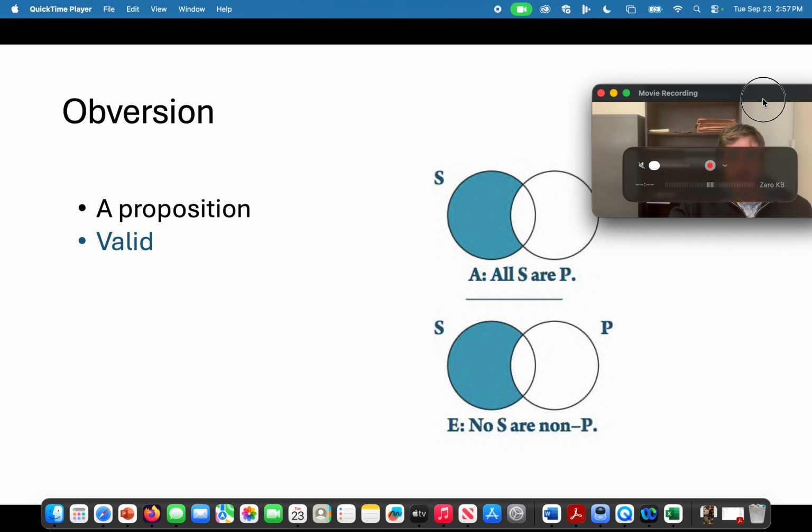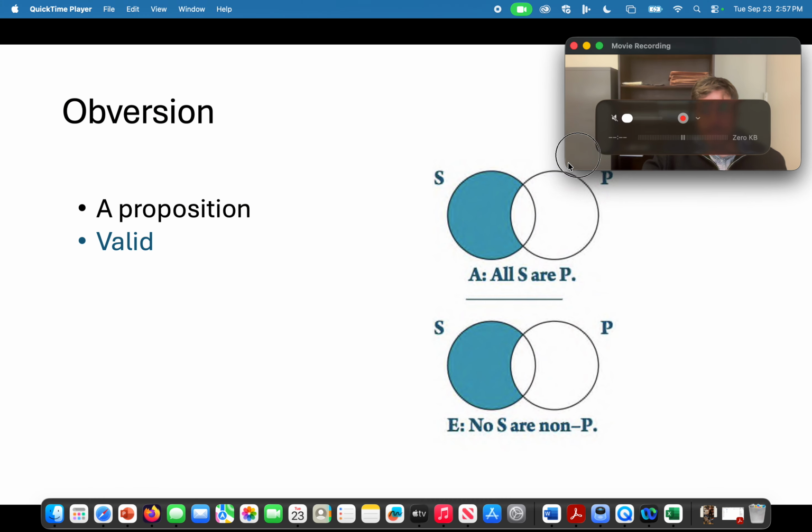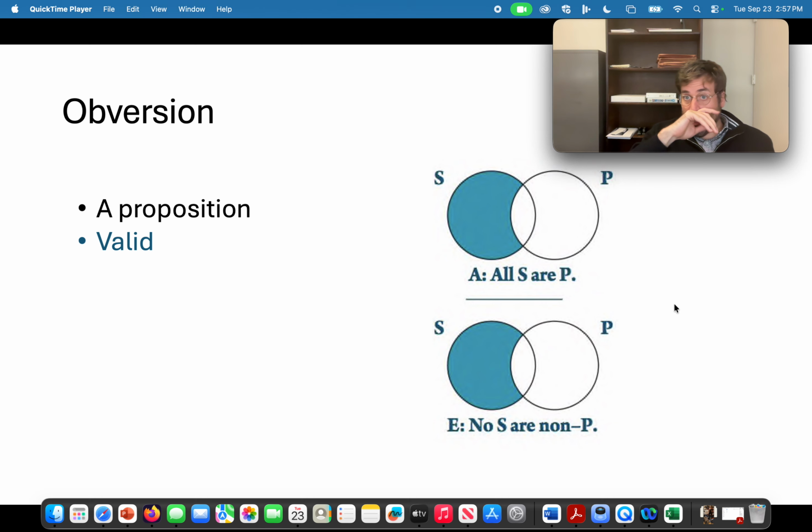Now let's move along to obversion. Obversion, right, deals with the transformation of quality and the addition of a complement to the predicate. If we look at the A proposition, you will see that the obverse of an A proposition is logically equivalent. All S are P becomes no S are non-P. And on the Venn diagram, we have identical shadings in region 1 to indicate that there's nothing out there in